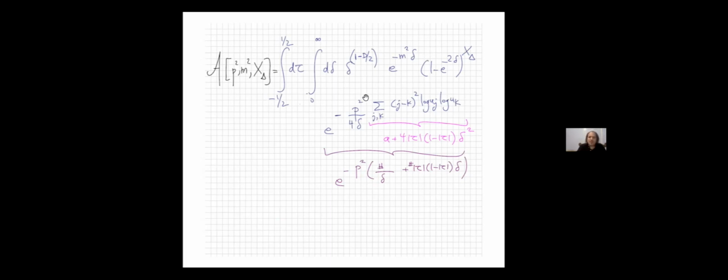I don't know how to do this. We don't know how to do this analytically, but observationally, it looks like this collapses to an extremely simple expression, which is a constant plus something quadratic in tau times delta squared. At least numerically, when you evaluate this, it's exactly of this form.